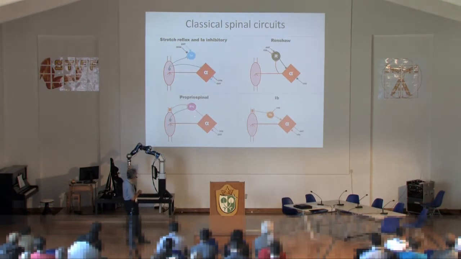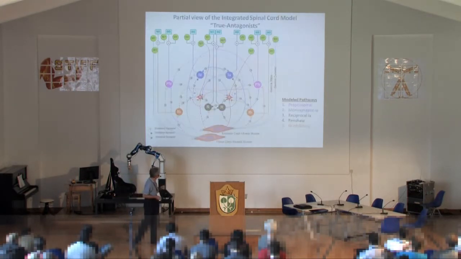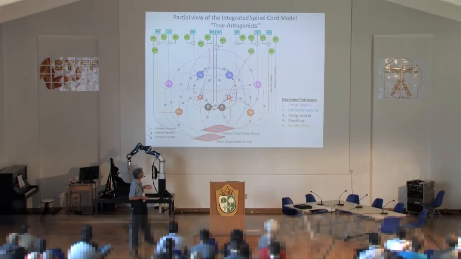And there's a propriospinal system, which is probably one of the most important ones in terms of being controlled by the brain. And this is a system that actually has convergent excitatory input from the length and the force sensors, causing excitatory effects on alpha motor neurons, but again, widespread effects on other muscles. So if you put it all together, you get a mess that looks like this